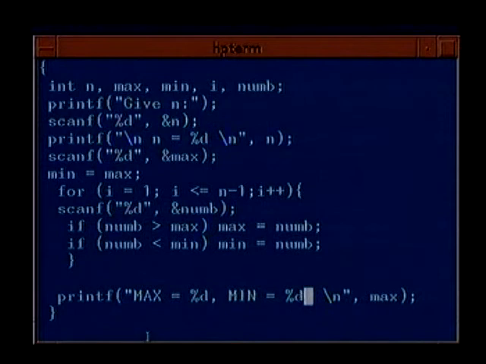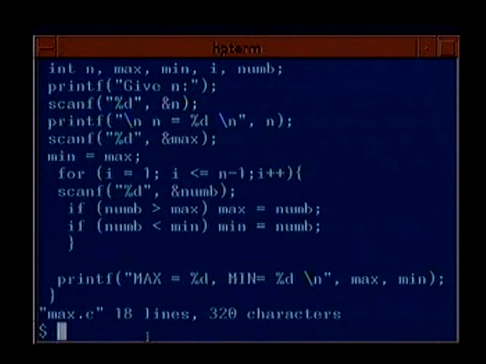So I print here min, so I print max and min.